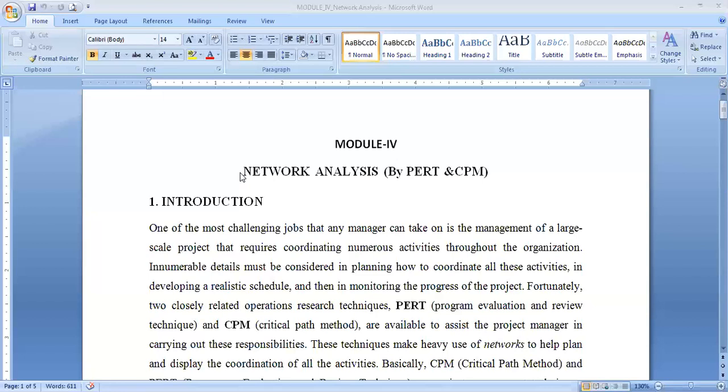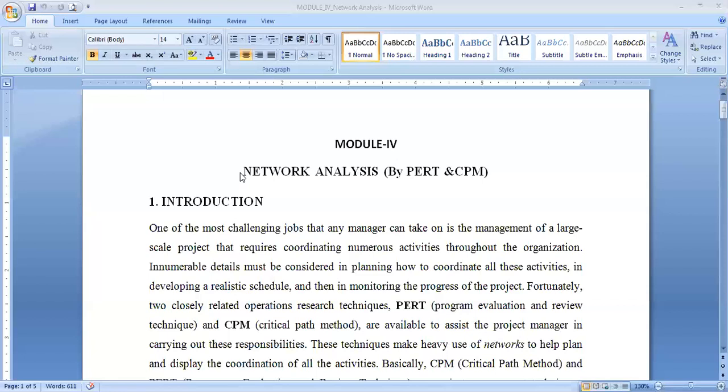Every time a new project comes, it has its own unique characteristics. It contains unique activities with a different time period, and requires different planning and different resources. The projects are non-repetitive in their nature, and this project can be broken down into identifiable activities which require time and resources for their execution.